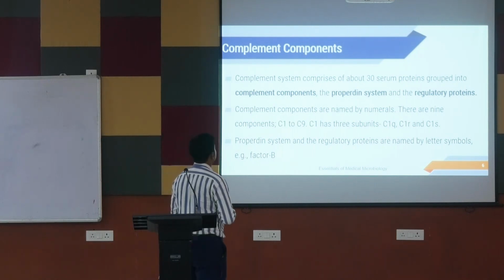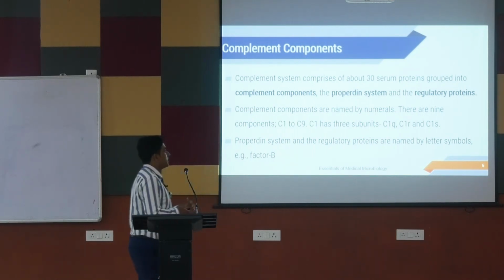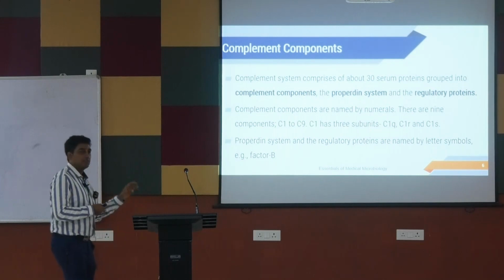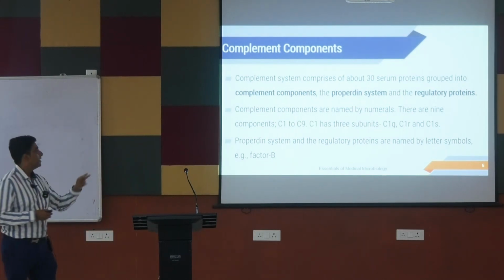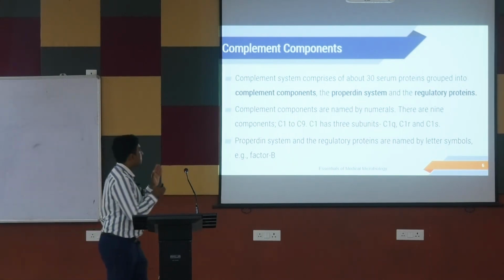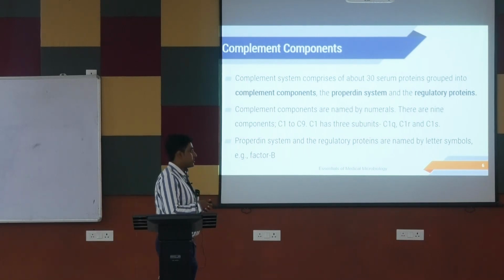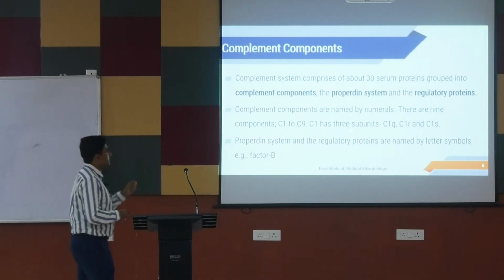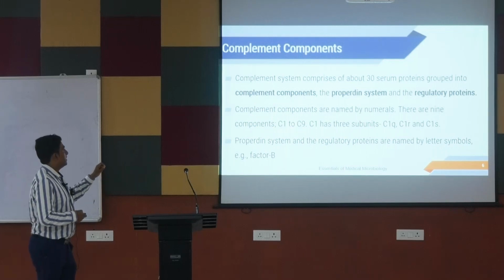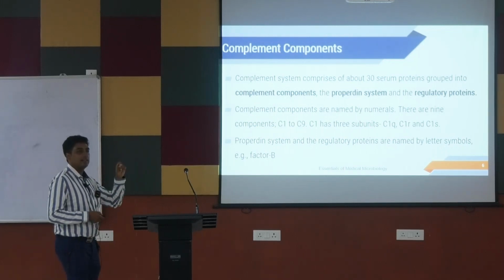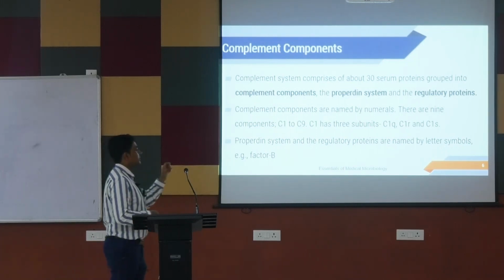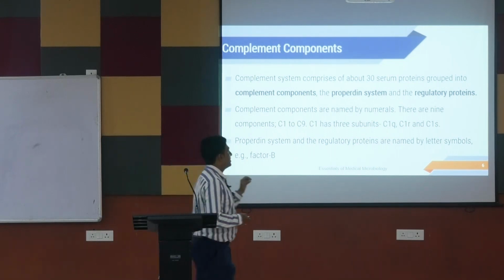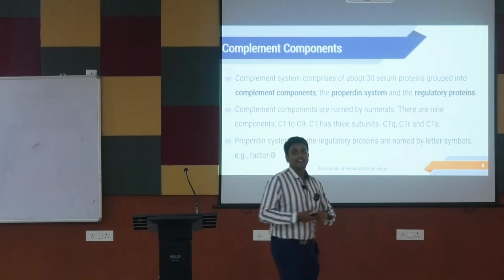These are grouped into the complement components, the properdin system and regulatory proteins. তাহলে এদেরকে তিন ভাগে আমরা ভাগ করি, complement components, properdin system and the regulatory proteins. The complement components are named by numerals. 9টা কম্পোনেন্ট রয়েছে C1 থেকে C9। C1 এর আবার 3টে সাব ইউনিট রয়েছে, C1q, C1r, C1s।